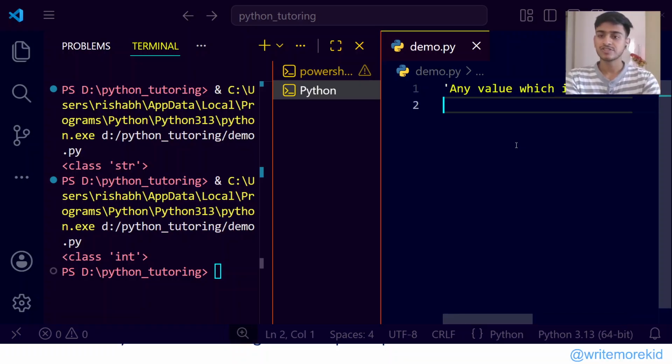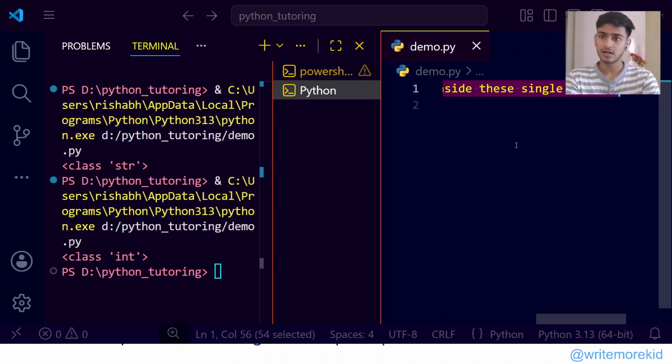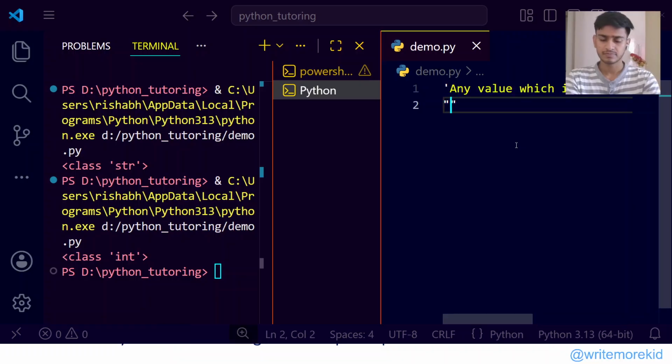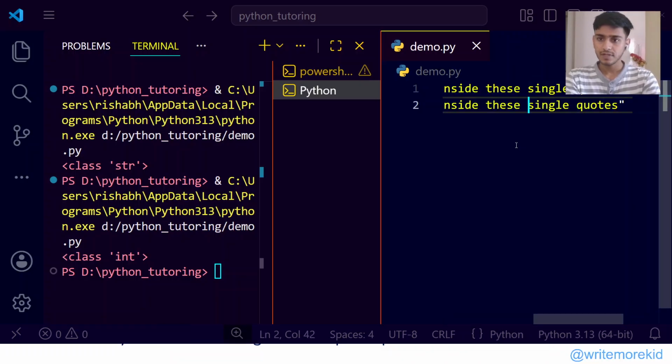There's literally zero difference between this string and this string. They are both the same. To see it with your eyes, I'll